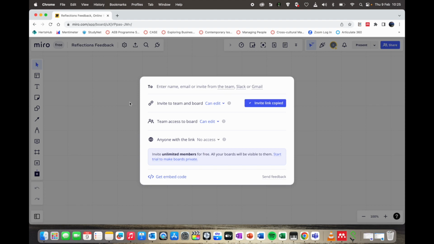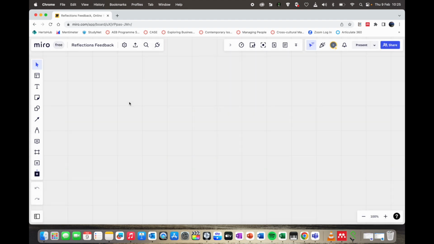Okay, so let's say we've given them the link. And at this point, it starts to get quite fun because you'll start to see the students show up here as users, and then they'll start to kind of move around the board. You can see their names moving around the board. They look like little flies, kind of, and it's quite exciting because you know that you're going to get some engagement. So what I'm going to do is I'm going to go to the menu bar on the left-hand side,